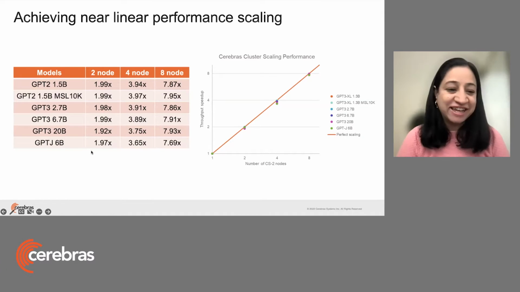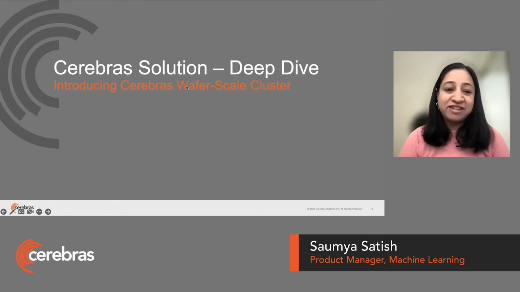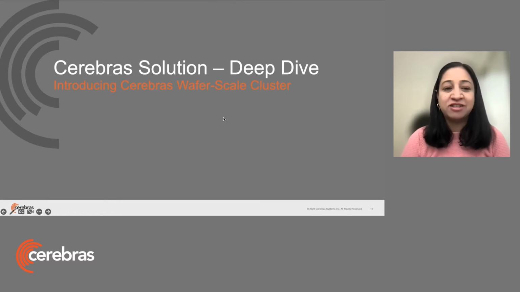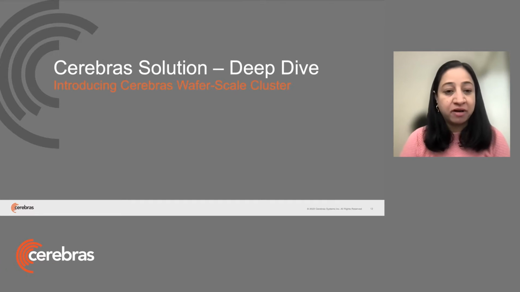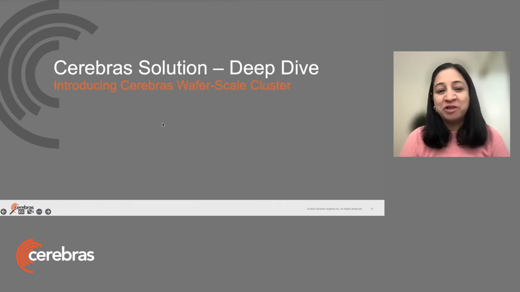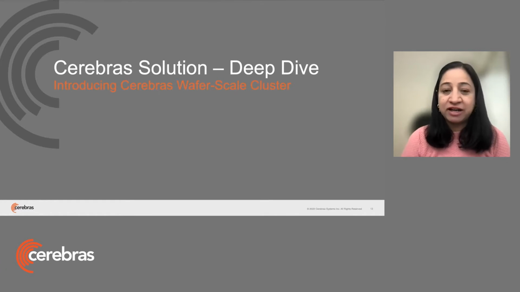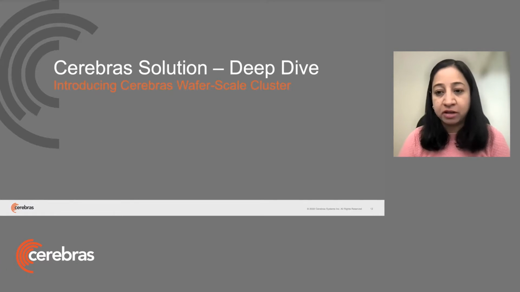Saumya. Hey, thanks, Claire. So now that you all have seen how simple and easy it is to scale from 1 CS2 to 8 or 16 or all the way up to 100 CS2s by changing a single parameter, and at the same time, you can also get the benefit of the near linear scaling, which has been a challenge in the market today. After seeing the cool things, now let's deep dive into some of the aspects of how we achieve that, what our key components are, and is it really that simple from a user perspective, or do users have to do more than what was shown in the demo?